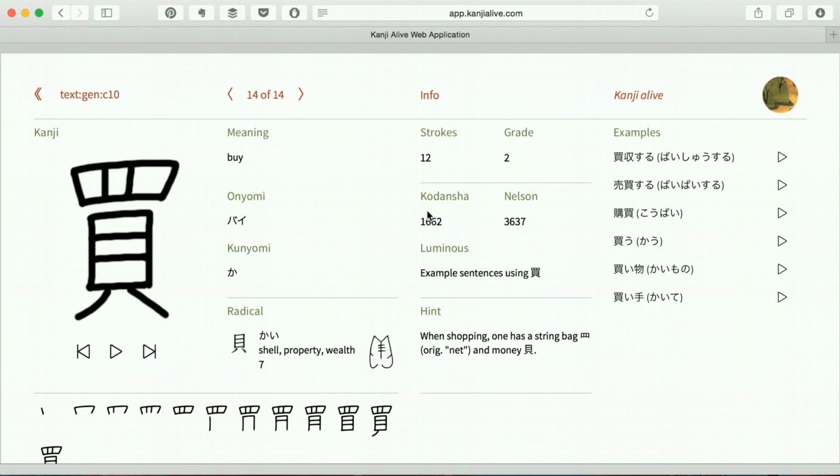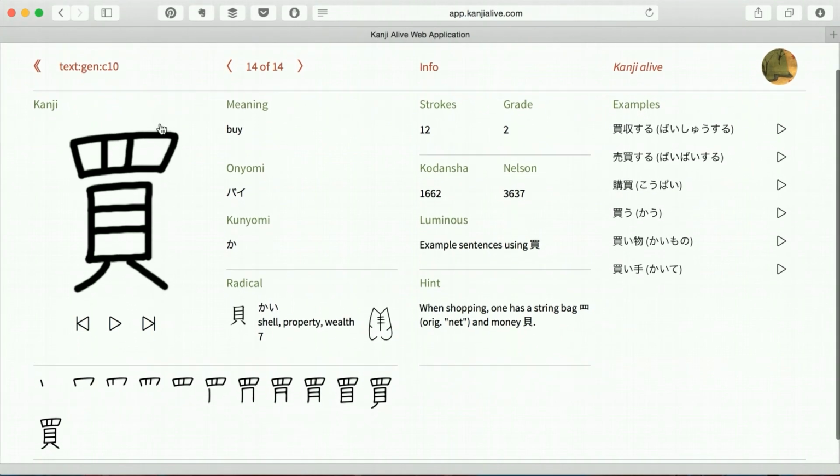Okay, so these are the 14 kanji of Genki Lesson 10. If you want to go through them yourself on the Kanji Alive app, remember you can use this search syntax of text, gen, C10. I will also have a Quizlet set of Lesson 10 kanji posted up on Quizlet to also help you drill through these